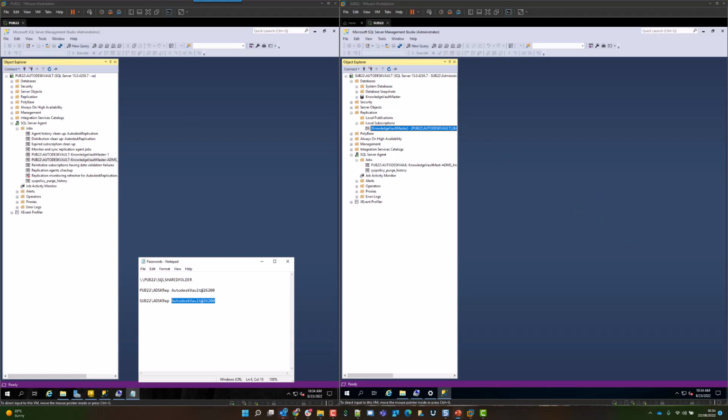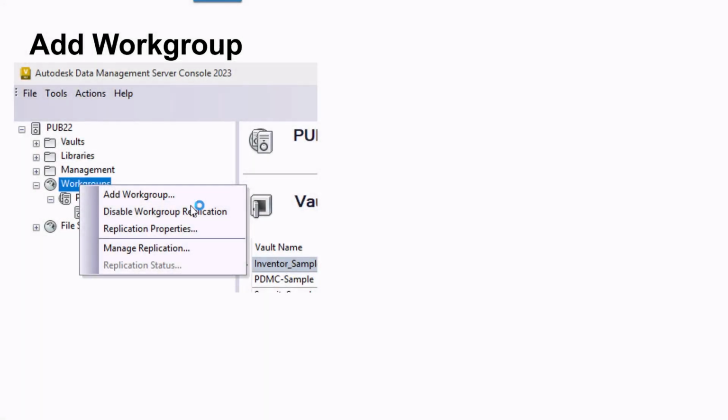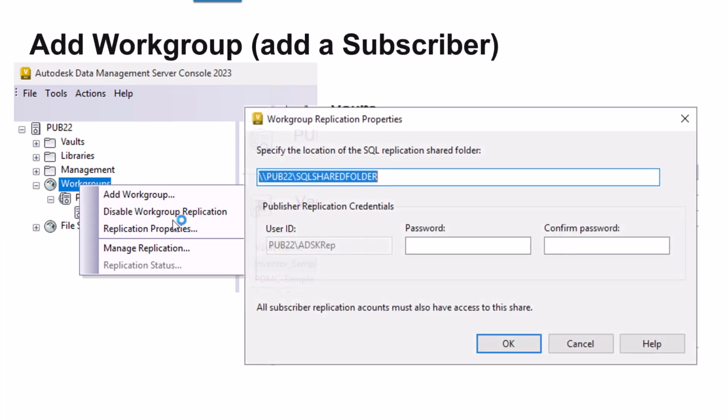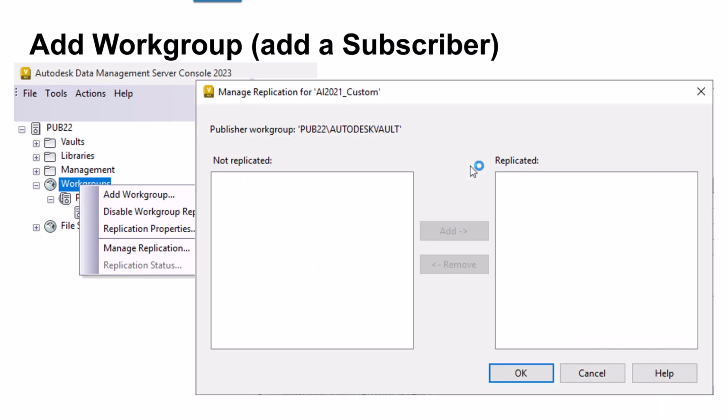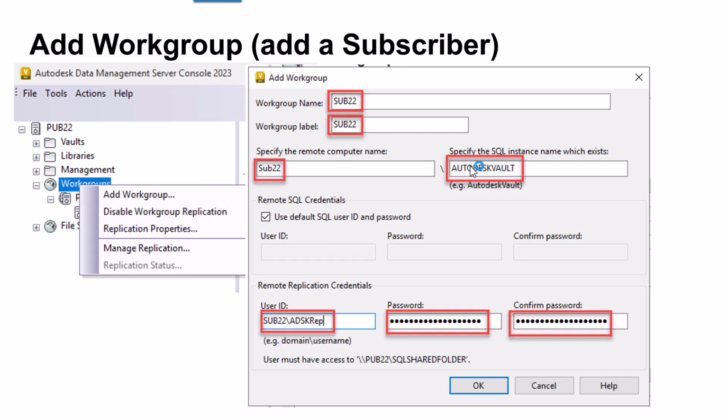So let's quickly go through what we did. We right clicked and said add work group. We specified the location of the SQL replication folder, and let me just skip through. We gave it the name sub 2022. We specified the remote computer name, we specified the name of the SQL instance, and we gave it the remote